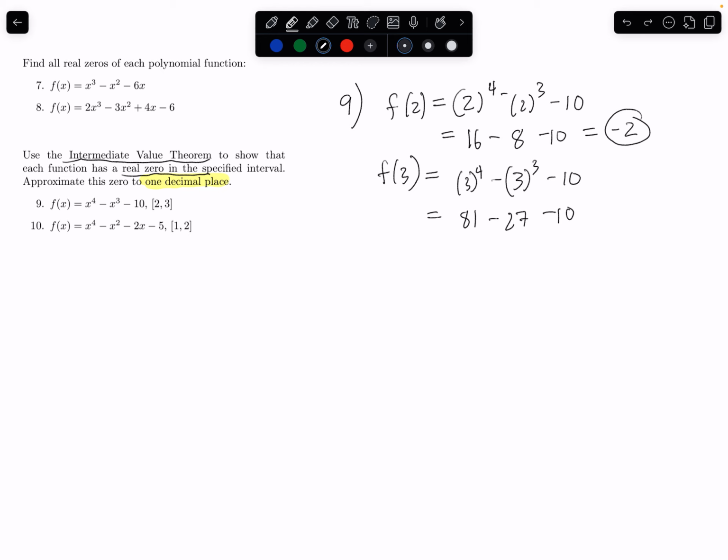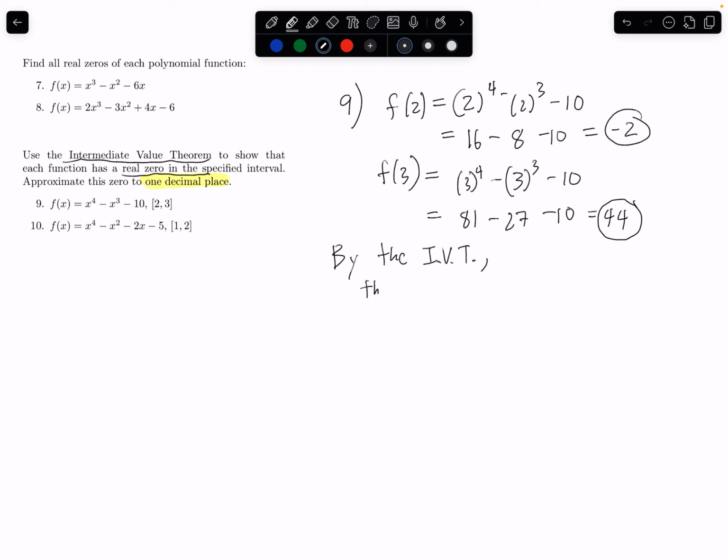So you know what? Let's just stop being so lazy and do it. I think I told you guys before, I'm just not a fan of computation, but that's 44. I just cheated. Okay, 44. So what happened? Look, this guy's negative. This guy's positive. So what you say is by the theorem, we call it IVT for short, intermediate value theorem,